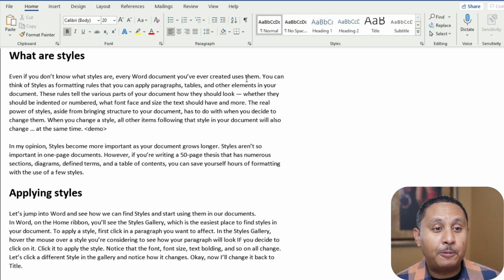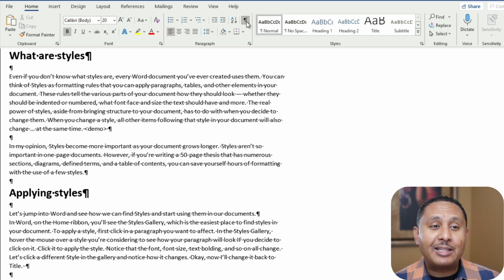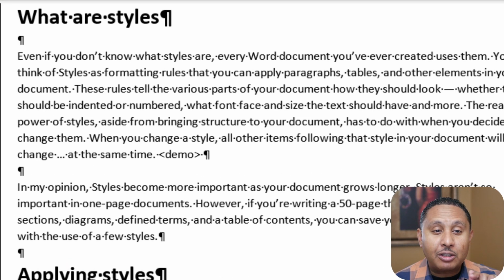The first thing I like to do is turn on the showing of non-printing paragraphs. So I'm going to go ahead and click this here on the Home tab. That's going to make every hard return look like this P symbol, that's called a pilcrow. And it's also going to make all of my spaces look like little dots. So you can see here between these words, I have little dots. That makes it really easy for me to tell if a period is followed by one space or two spaces, or if I have a tab character, or if I have 5 spaces instead of a tab character. I like to know that stuff. You definitely don't have to use it, but for me, that makes a huge difference when I'm racing through documents